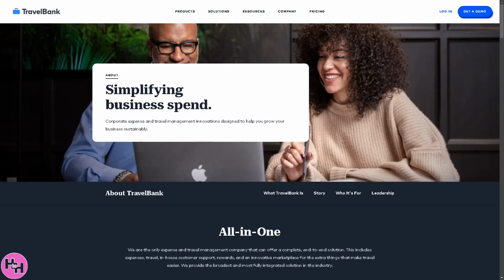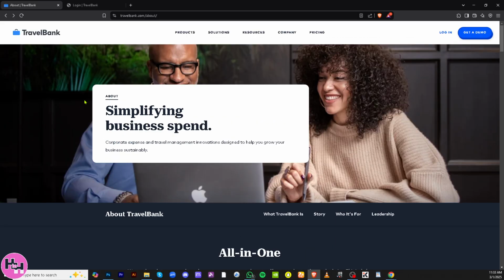TravelBank is an all-in-one expense management and travel booking software designed to help businesses track expenses, manage employee travel, and of course, optimize budgets. It simplifies reimbursement, integrates with accounting tools, and of course, it provides AI-powered insights to control spending. The first thing that you need to do is go to the official website, which is going to be